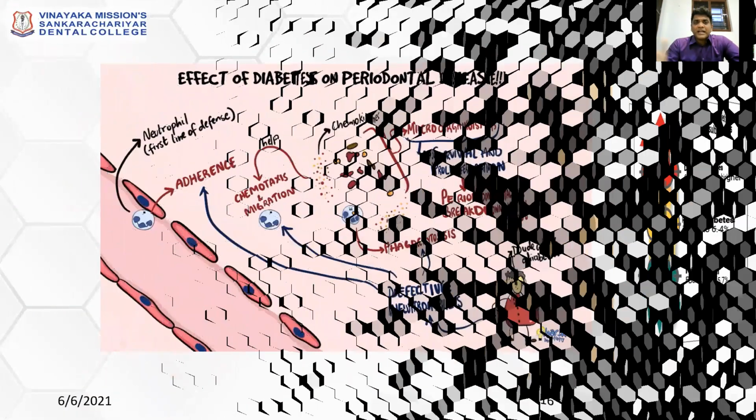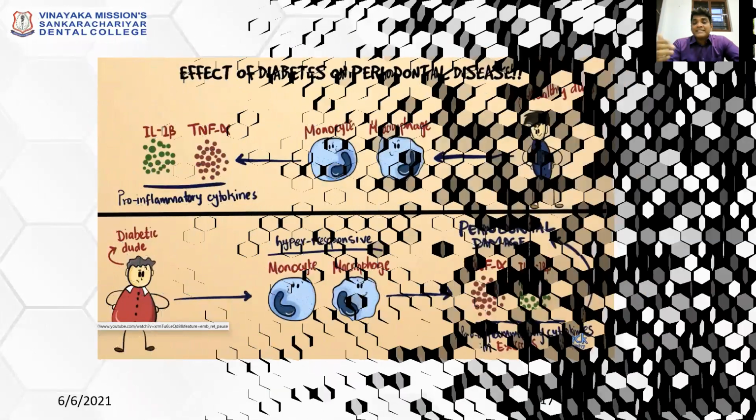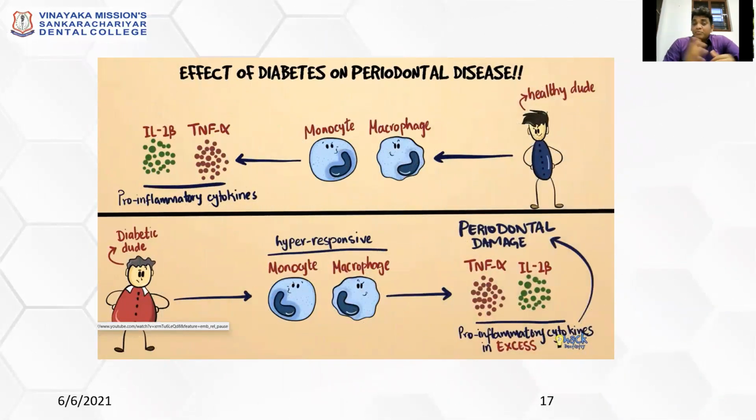So how can poor glycemic control lead to progression of periodontal disease? The first one is primary neutrophil function, that is the acute inflammation. The neutrophil functions of chemotaxis and phagocytosis will be affected. There is sluggish movement of neutrophils, chemotaxis won't be there, and phagocytosis will be defective. So a microorganism can easily breach the epithelial barrier, enter the connective tissue and lead to connective tissue loss without being counterattacked by the neutrophil. Thus, progression of periodontal disease is faster in a person with poor glycemic control.